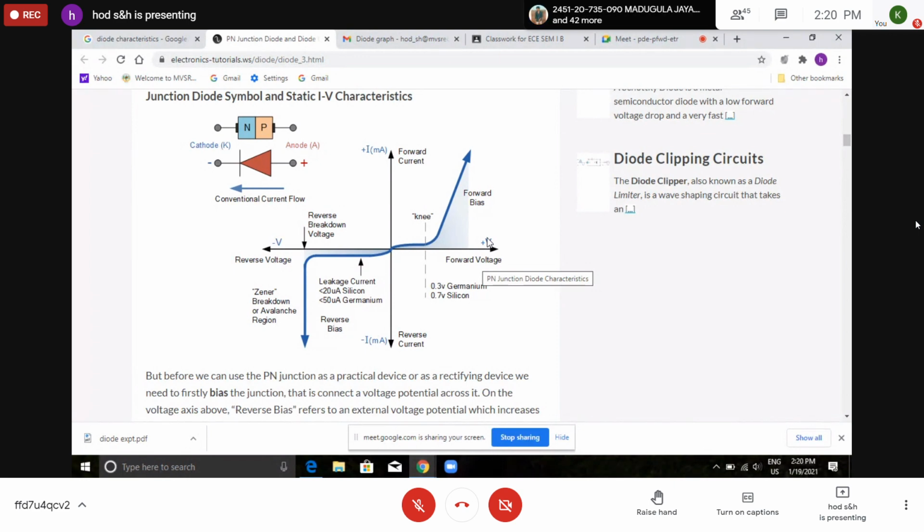Can you do this one? Then how can I proceed, Sir, to calculate for both biases? Sir, for both biases we should take the same diode, sir. That's right. Suppose it is 1N4007, then for that diode only, forward bias and reverse bias, you take them on the same graph sheet.